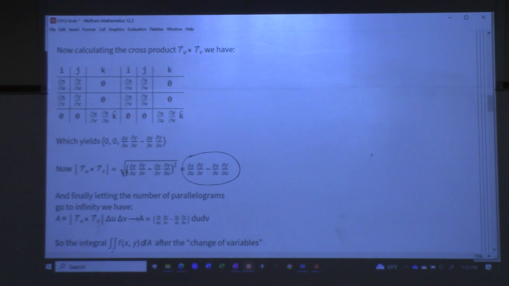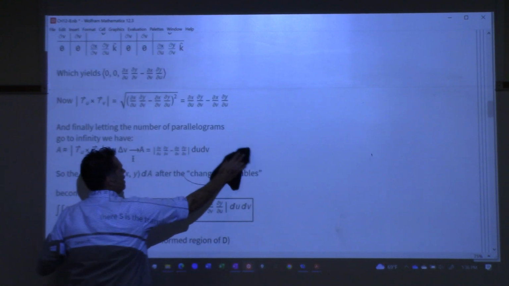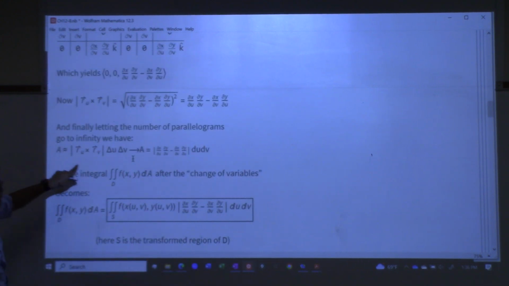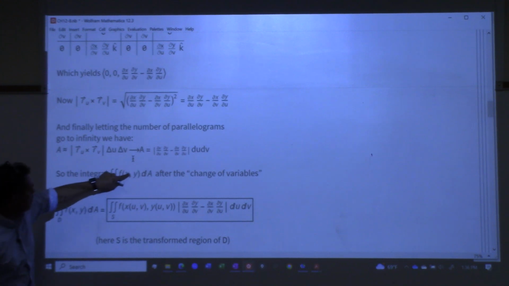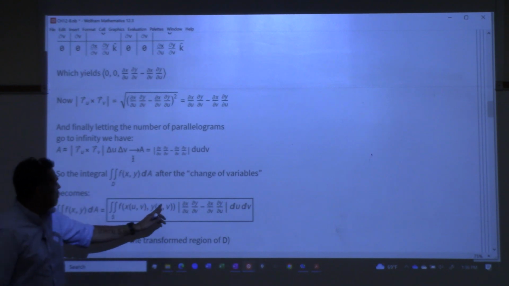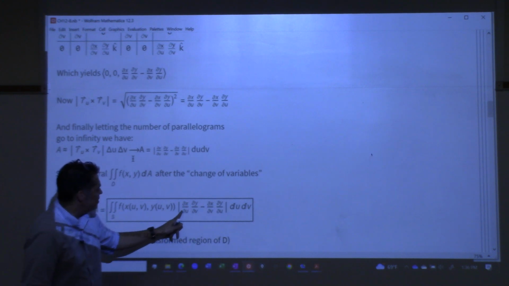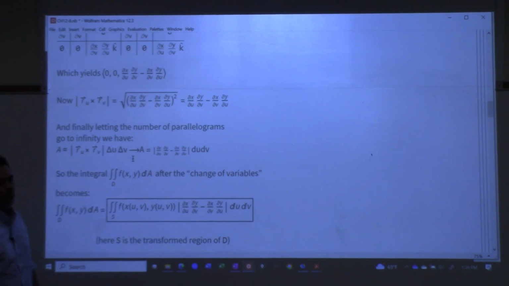That is the quantity that we have to scale by if we're going to convert from one coordinate system to the other. So we let the number of rectangles go to infinity, and finally after all this we get a formula for dA. Here's our function when we convert it to the new coordinate system, right? So when we convert the x over and the y over, we need to scale, right? We need to scale right here by this. I know that's a terrible explanation, but it's